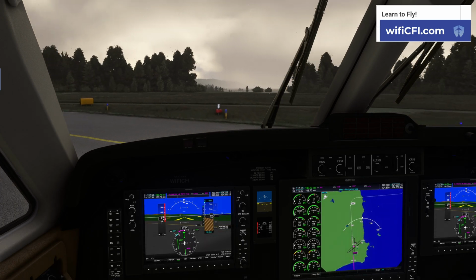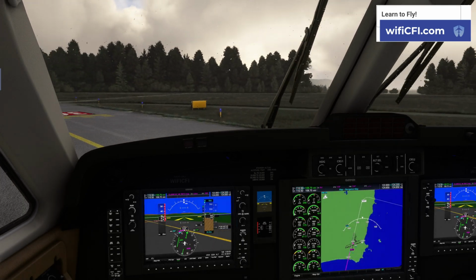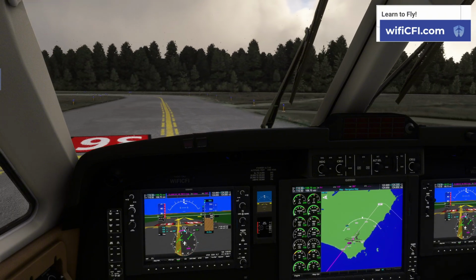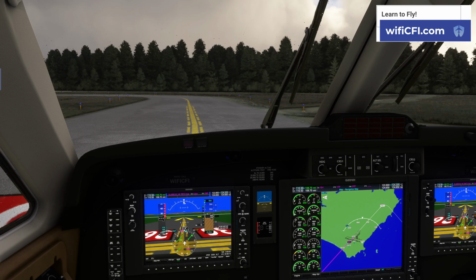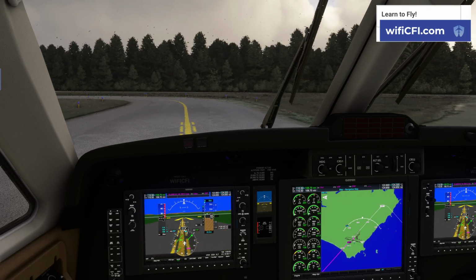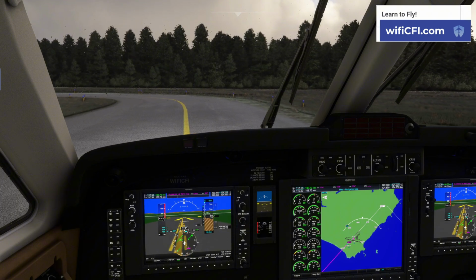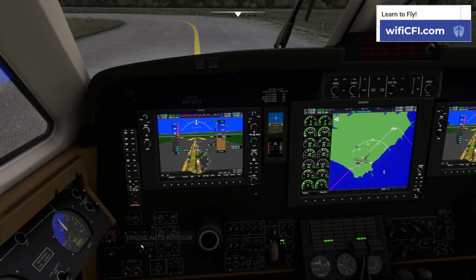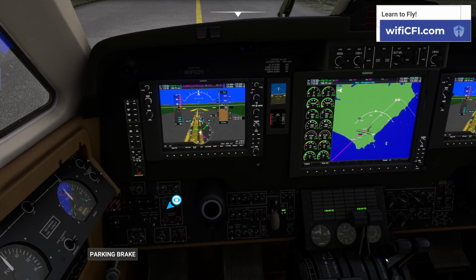Taxi off at the end. Wasn't a very long runway, and we had some pretty windy conditions, so we had to get her down and stop. Alright, after landing checklist, let's see what we got. Auto ignition, ice protection, we can go ahead and get these guys off. We'll leave those on because we're going to be taxiing for a minute